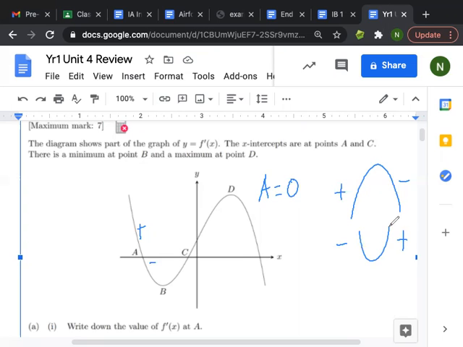Okay. Now, which of the points would correspond to a point of inflection? It's gotta be B and D, right? Yeah. How do you know it's both of them, or why do you think that? Because I mean, like, there are maximum and minimum. Yeah, a maximum and a minimum on the graph is a